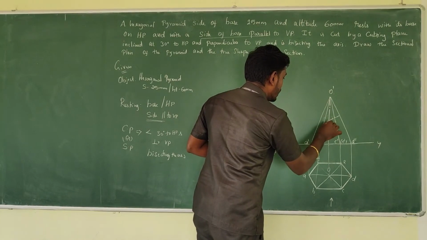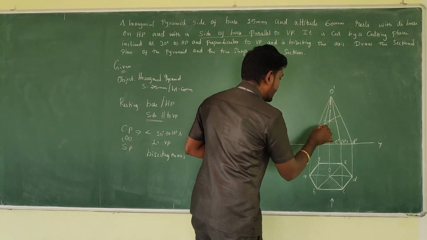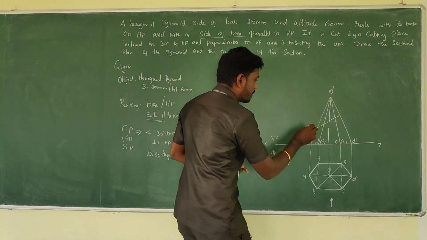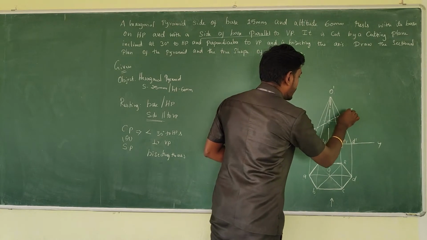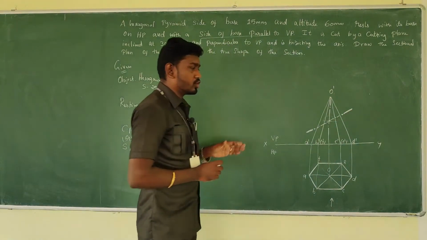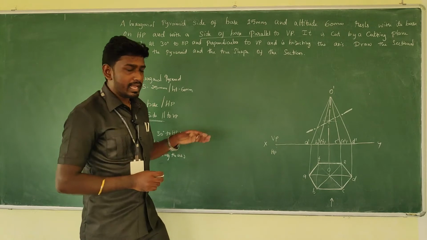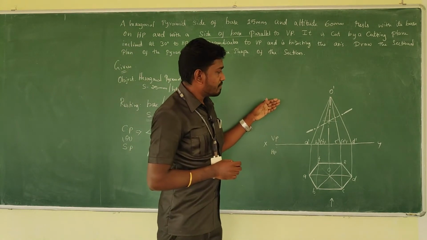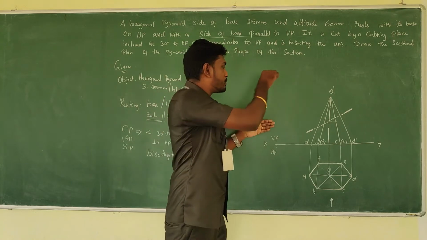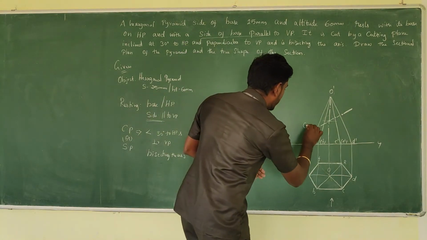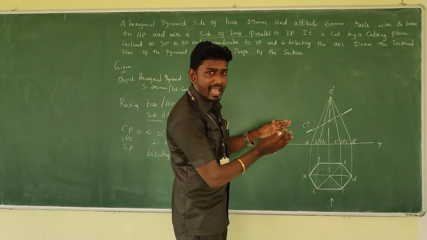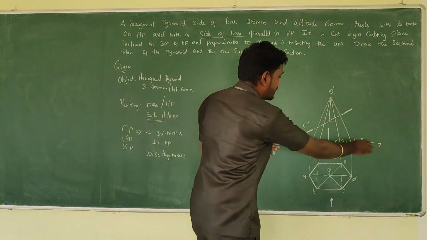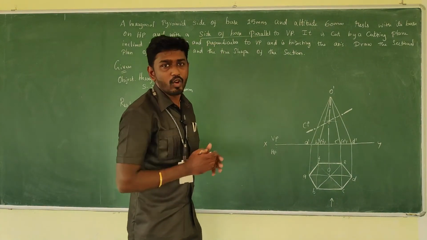Okay, 30 degrees and go for the cutting plane. So we know the representation of the cutting plane, long line dash, long line dash. This is how we need to do it. In the front view it is happening, and we know the portion lying between the observer and the cutting plane is the removed portion, and the portion lying between the cutting plane and the reference line is the remaining portion.